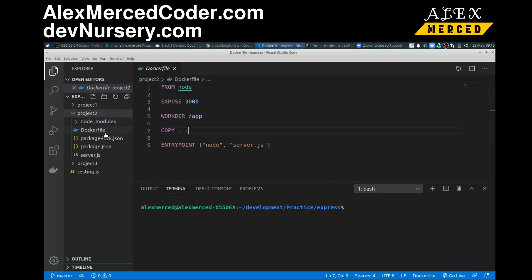So it's going to copy node modules, Dockerfile, package-lock.json, package.json, server.js. It copies all that into that app folder in the container, and then whenever you run the container, it's going to automatically run node server.js. So literally it just begins running the application the minute you run the container. Okay, so if I go into terminal,